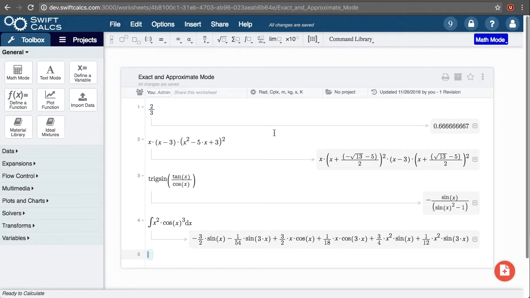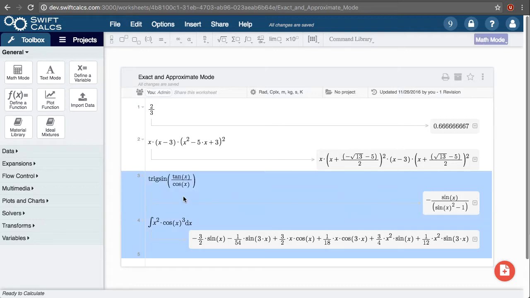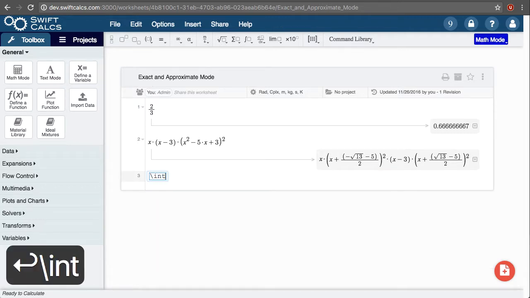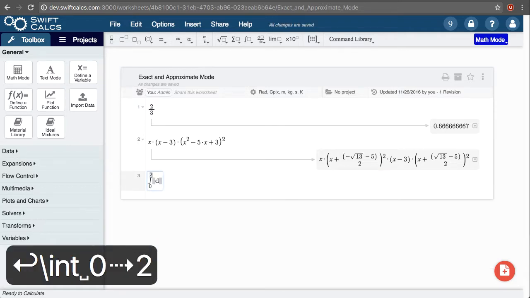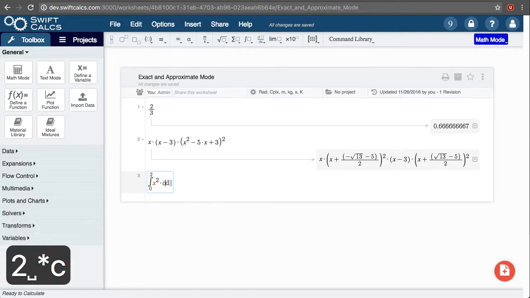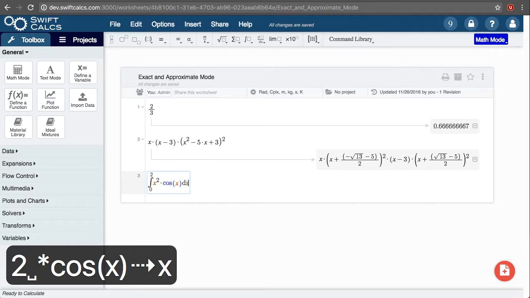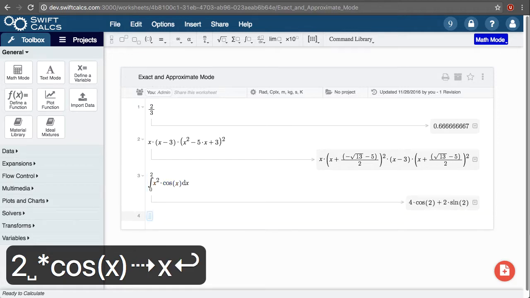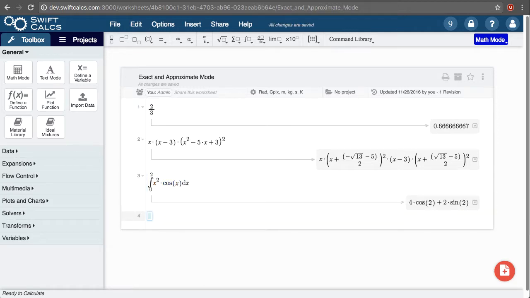Because Swift Calcs defaults to exact mode, many results will appear as if Swift Calcs did not fully perform its calculation. For example, let's try the integral from 0 to 2 of x squared times cosine of x dx. The result that is returned, 4 cosine 2 plus 2 sine 2, is the exact solution. However, if I need to know what the result is as a single number, I can switch to approximate mode